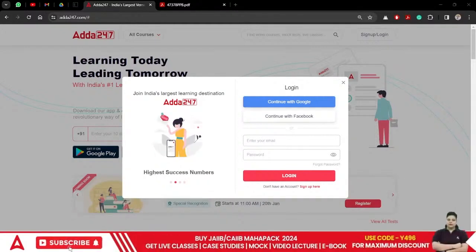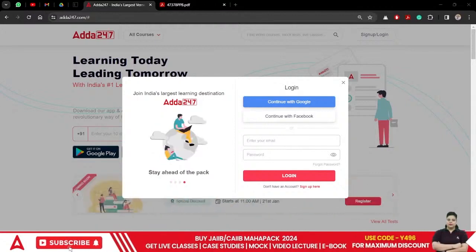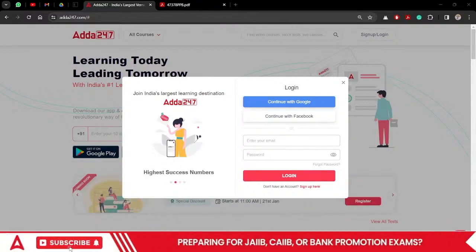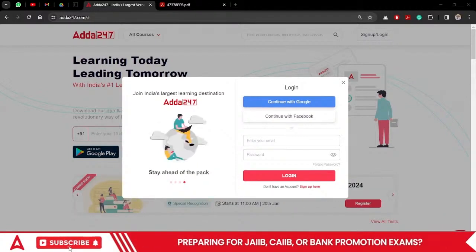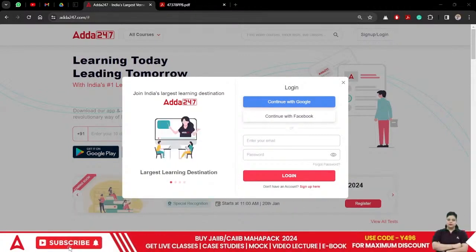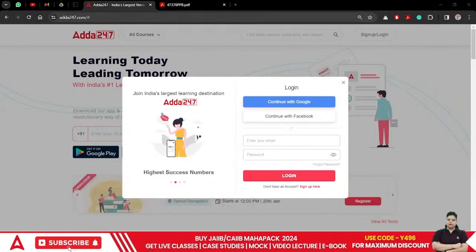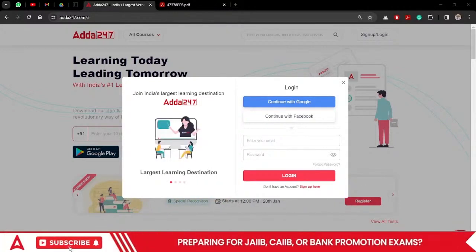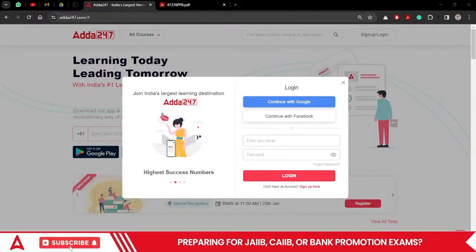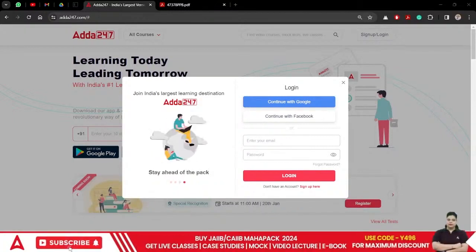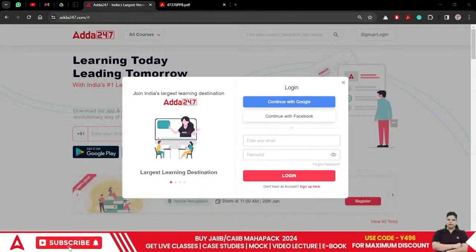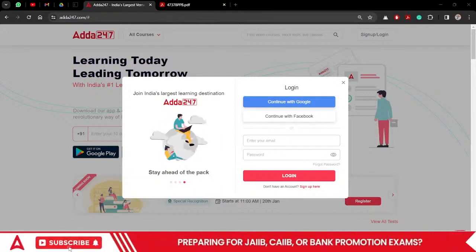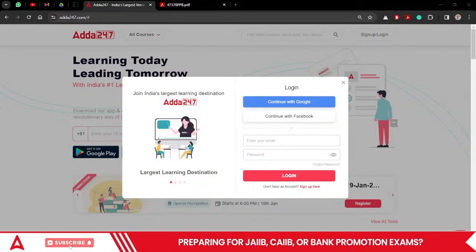The test is starting from 19th of January, in the evening from 6 p.m. It means from tomorrow 6 p.m. you will find that this test will be live for all of you. You can go and join this particular batch and give this test. After giving the test, I will also be coming up with the explanation of each and every question. That will also be available for all of you on YouTube,